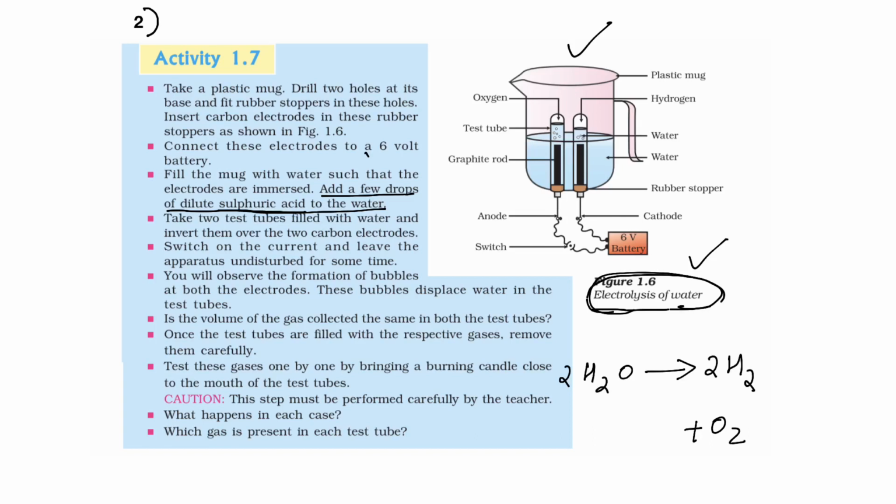Okay. In this activity, you can see a step. Add a few drops of dilute sulfuric acid to the water. Why are we adding sulfuric acid to the water during electrolysis of water? You can expect a question like that. Why are we adding sulfuric acid to the water during electrolysis of water? And the answer is